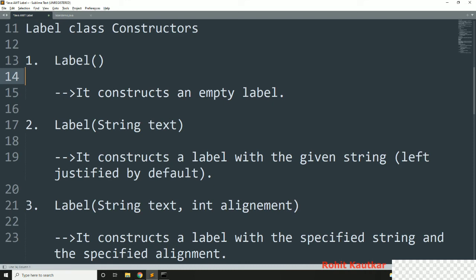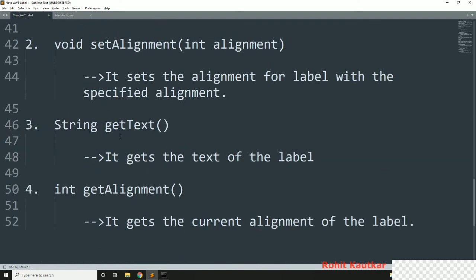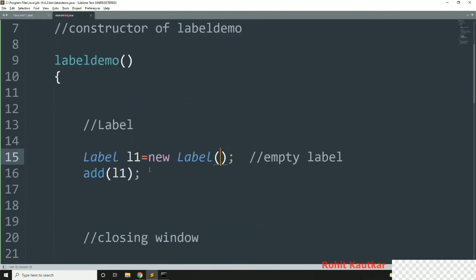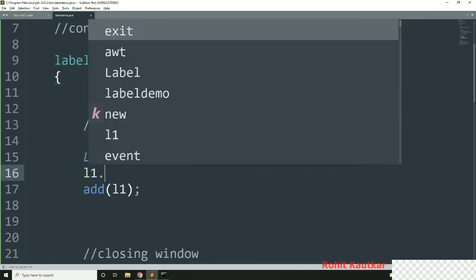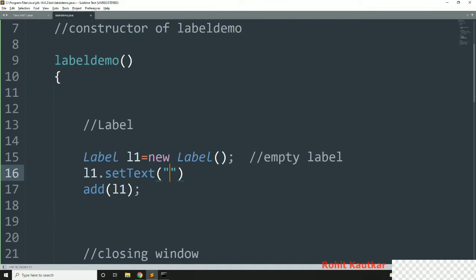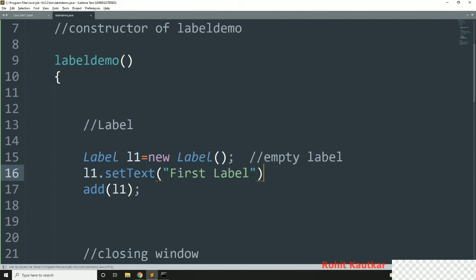Now in order to set text to this label, we can use the setText method. So let's try to set some text to this label. Here I will use L1.setText and I will write some text, let's say first label, and there will be a semicolon.